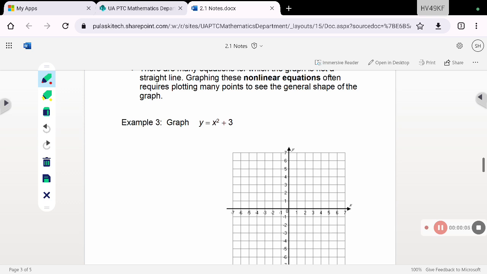Next example. So this one is actually going to be a non-linear equation, and we'll talk about what makes all these different graphs that we're doing give their different shapes. But you'll notice on this one that the highest exponent is a 2. So it's an x squared graph, which we call quadratic. So it's actually going to make a U shape. Okay? So instead of creating the XY chart,